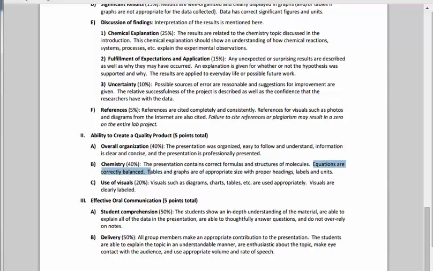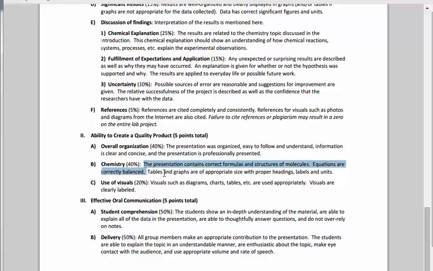Okay? Sounds simple enough for a chemistry class, but you'd be surprised how many people have no structures, no chemical equations in their presentation. That's one of the more important things, I think, for a chemistry class anyway. Okay? So read through this very carefully, again, because this is what you will be graded on. Okay? And I will not be kind if there are no references, if there are no formulas, structures,